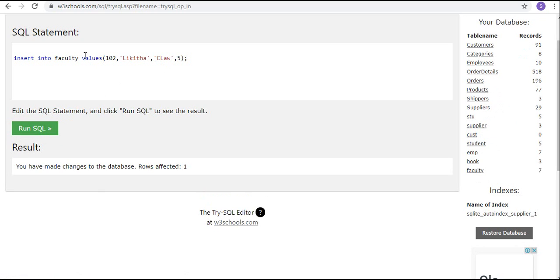Okay, now I am going with one more, that is column names. FID, comma, F name, comma, I'll enter only subject. Values, I'm going with 103.